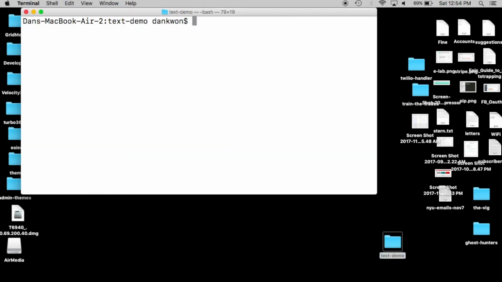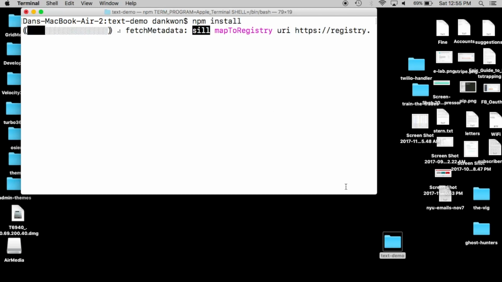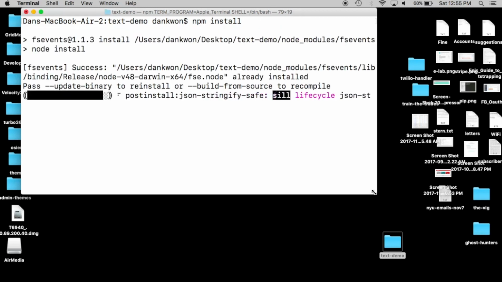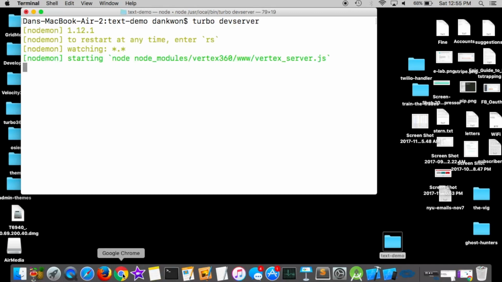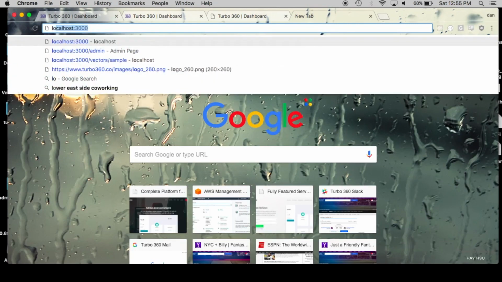And then this is a regular Node Express application. It's pretty much a very, very basic Node Express app. So like any other Node Express app, just run the npm install and install all the packages and dependencies. Pretty standard Node Express sort of experience. Okay? And then once that's done, you want to run the dev server just to make sure everything works. Otherwise, you know, what's the point? So run the dev server, which runs it on localhost 3000,